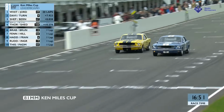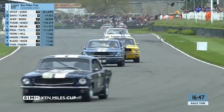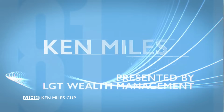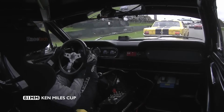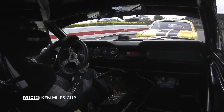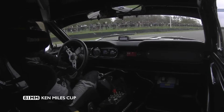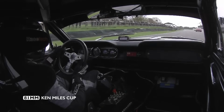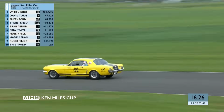There's the Brabham car we've been talking about, fighting as well now with Taylor. Brabham's still at the wheel of that car, making his way through the right-hander. So there's been a few hits we're hearing. Shedden hitting into the back the first time around, coming through into the chicane, followed by a couple more. Well, and look at that oversteer on the exit. Gordon Shedden, though, take a bow into Woodcote. RIP to the